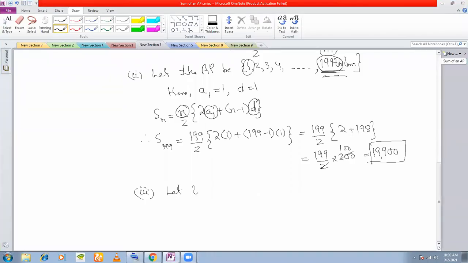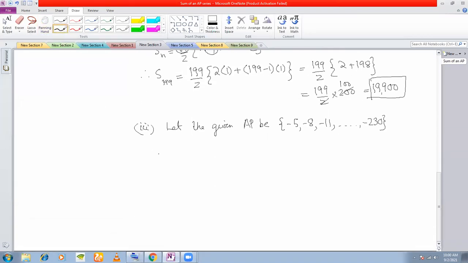Let the given AP be -5, -8, -11 up till -230. You want to add the terms of this AP. That is, we want to find